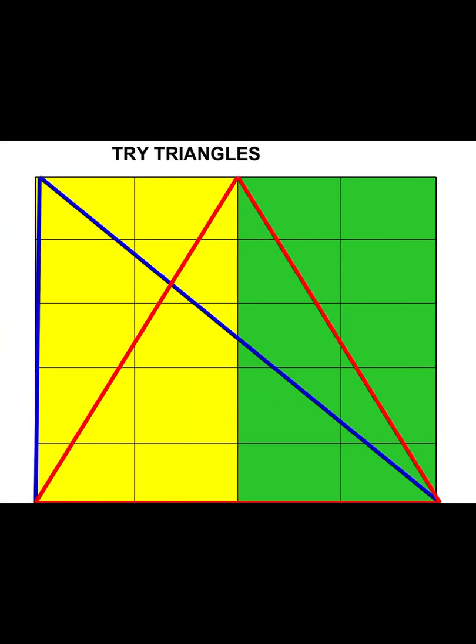Now see these triangles. Again there are two triangles in the two rectangles. Have you seen there are two rectangles? Yes, one is yellow, another is green. Now look at the blue triangle. Can you tell me? It is passing through